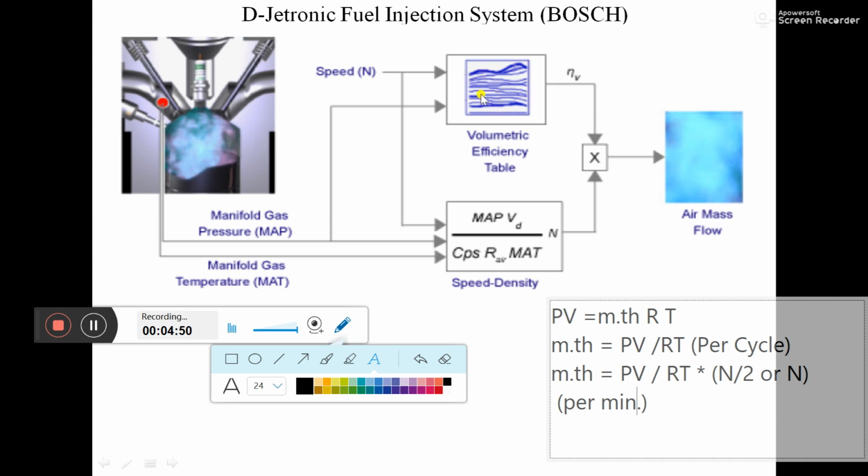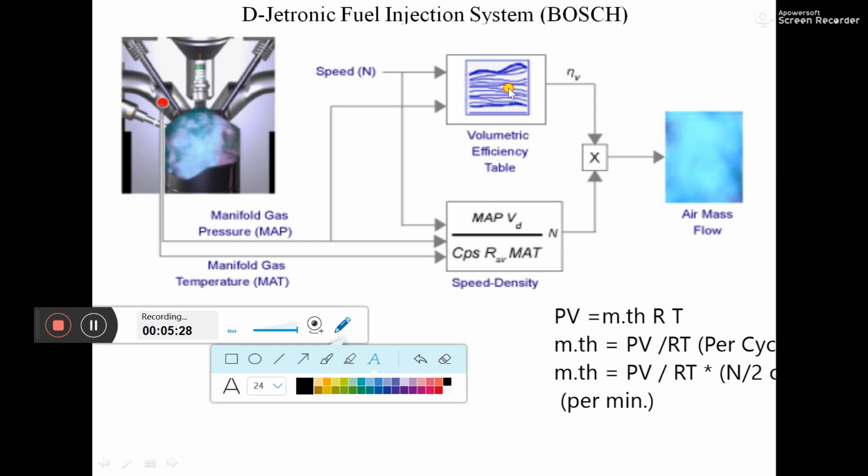So this is your static data, which is already fed. It is the non-erasable memory of your ECU. And here the data like speed, manifold absolute pressure, and manifold gas temperature are dynamic, which are continuously changing with respect to the operating condition of your vehicle, and get conveyed to your ECU for processing. So this is the dynamic data, and this is static data which is fed into the memory of your ECU, which we'll see how exactly it looks like in the next slide. But here just remember, this is your static data.